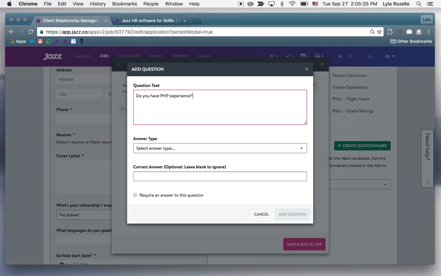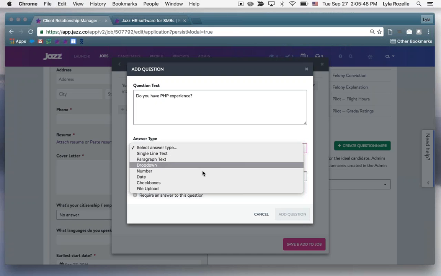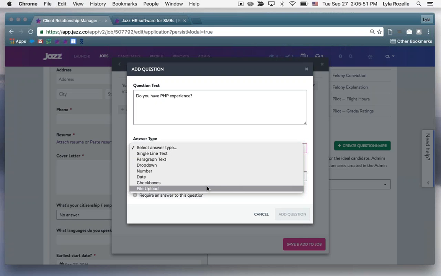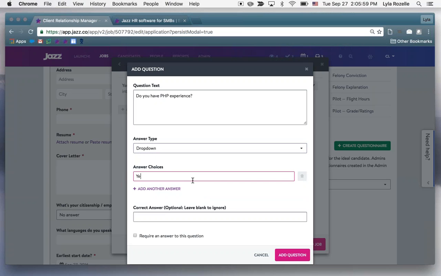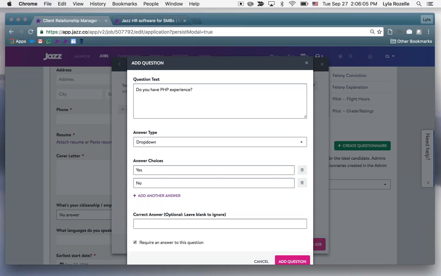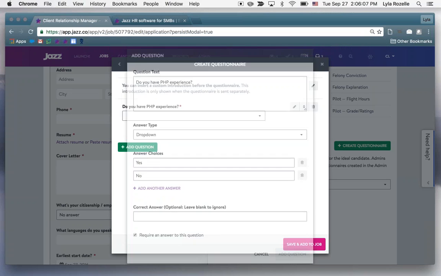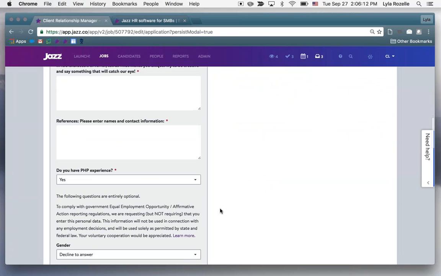So I like drop downs because they're easy to report on, they're easy for you to search the answers on, they're easy for candidates to fill out, and it can give you a lot of good information right up front. But you can see that there's a ton of different answer types here, as well as a file upload. So if they need to upload a copy of their ID or something like that, they can absolutely do that as well. I'm going to choose the drop down and put in my answer choices. So if I have yes or no, and then I can also require an answer to this question. I can click Add Question, save and add to my job,